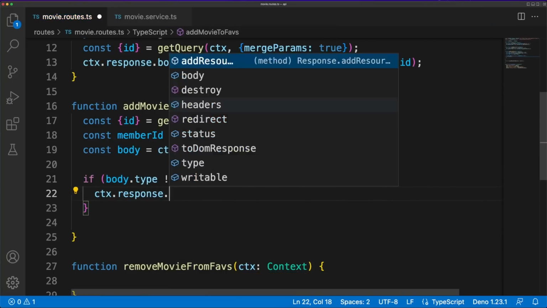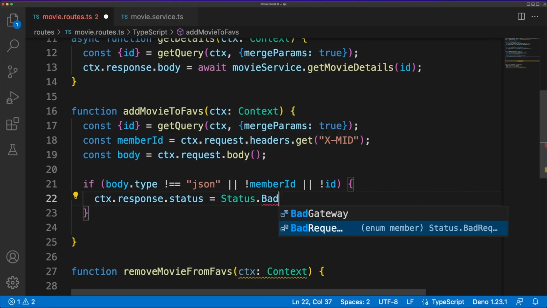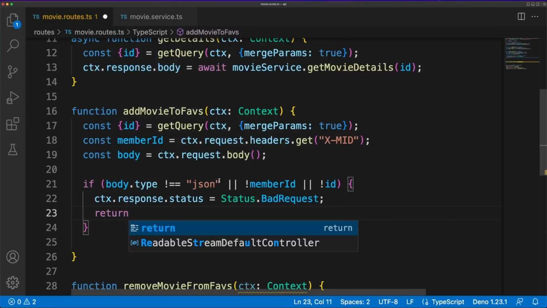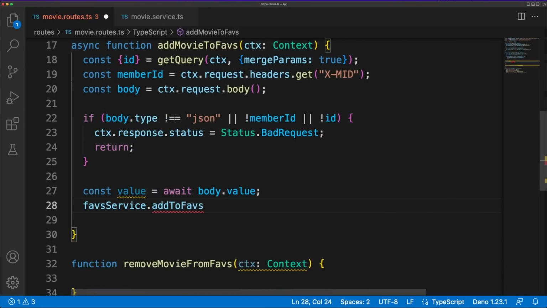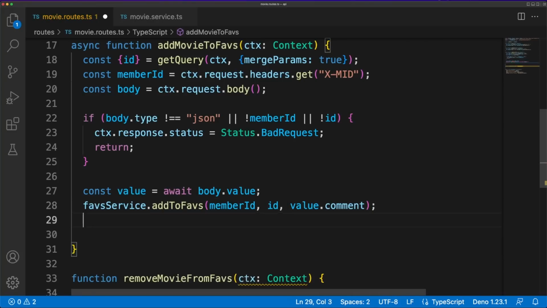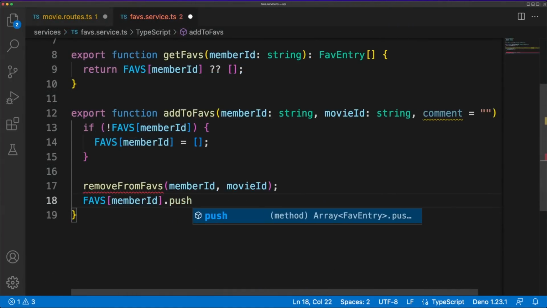In this case, we'll make sure that the request body is sent as JSON and that we indeed receive a movie and a member ID. If any of these conditions is not true, we'll send back a bad request status. With this small validation in place, we can now call an add-to-favs service method, which will add the movie to our in-memory list. Also, we return a 200 OK HTTP status so that the client will know the request was